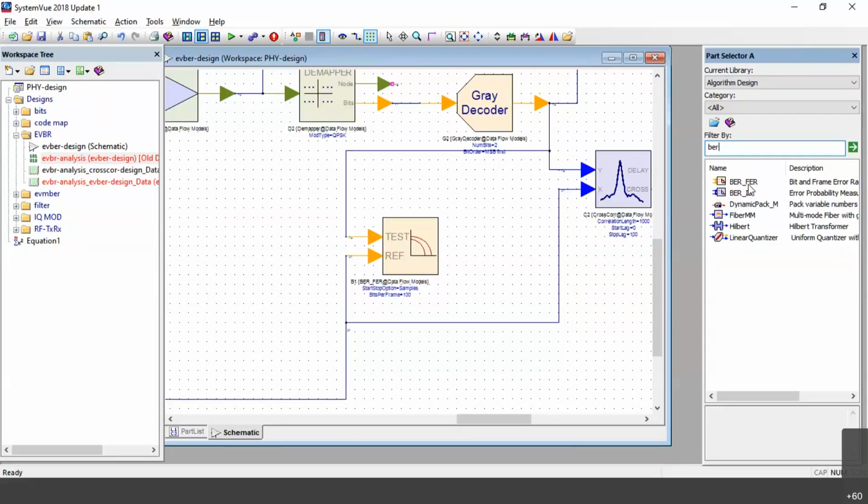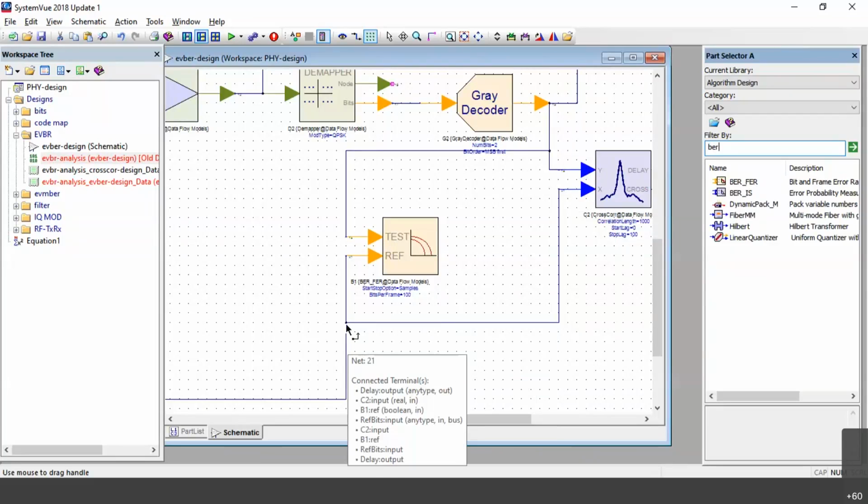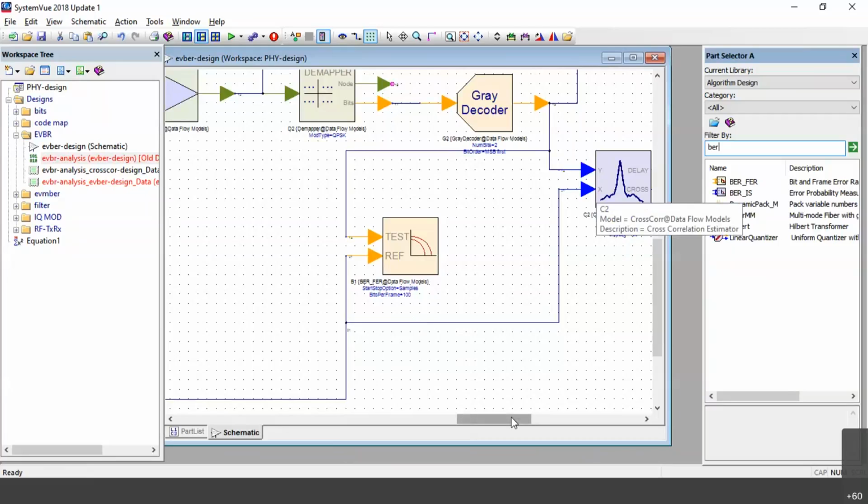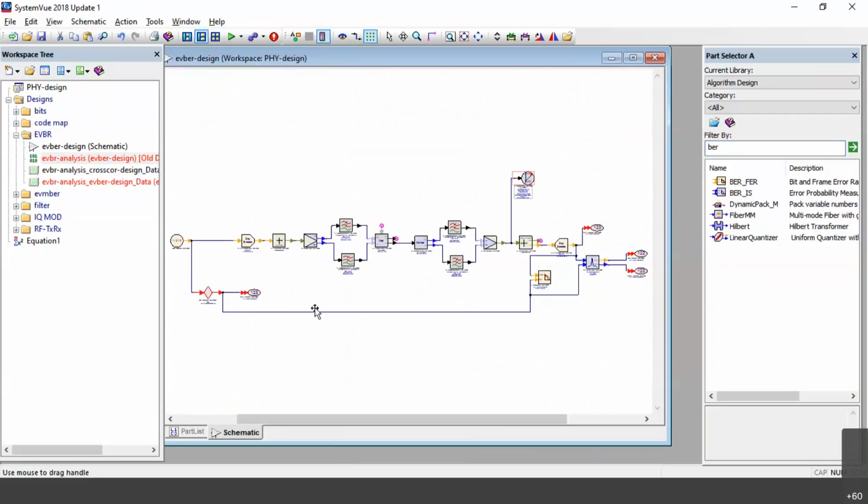Now here are all the things you are going to connect. Test, you are going to give to the cross correlation input X. For cross correlation, you are going to get two inputs from the gray decoder and from the bit error rate. That is with respect to Y, and the X you are going to connect from the reference to the cross correlation, and one is a delayed version of the signal. I'll show you exactly. This delayed version of the signal is given for the error rate, and the input is given for the cross correlation. Okay, so this you are going to calculate. Now you run and show me what exactly the output is that you get.